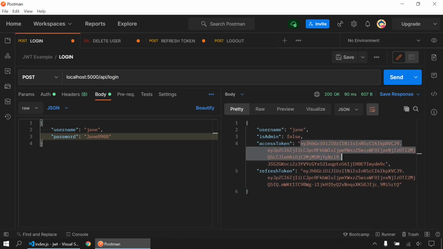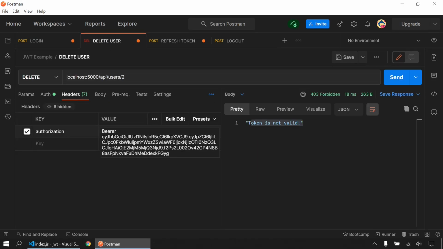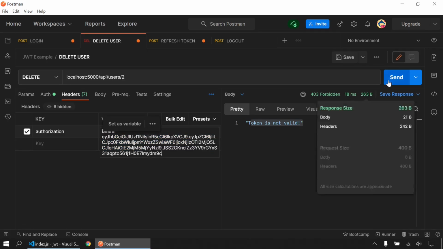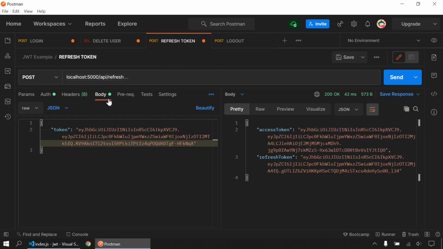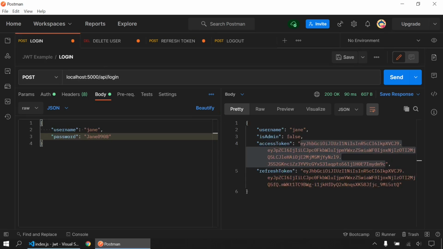I will copy this access token and try to delete my account, and this is my access token. Let's try. As you can see, I can delete for now, but after 30 seconds I will not be able to delete it, and after that I'm gonna refresh my token and take a new access token, and after that I can delete my user. Let's take this refresh token